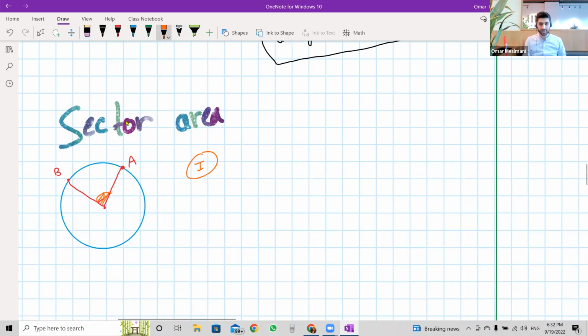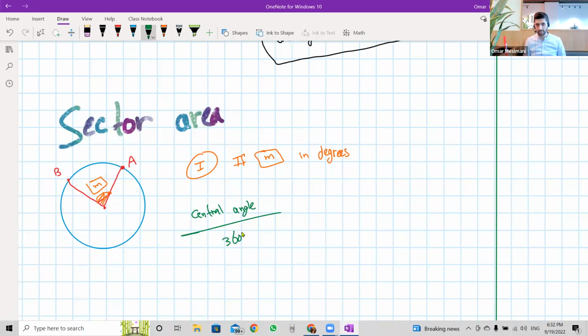If M is a central angle in degrees, I'm going to use this: the central angle divided by 360 degrees has to be equal to